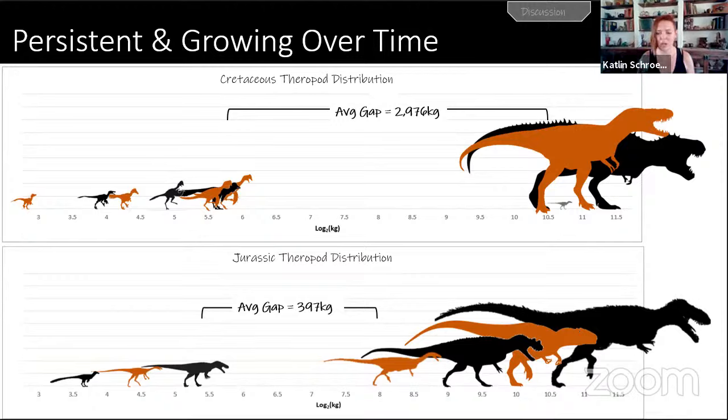The Jurassic body size gap is on the order of 400 kilograms. In the Cretaceous, that balloons out to almost 3,000 kilograms of space that is not being filled by any kind of carnivore that we know of, right? Because at that point, crocodilians are predominantly aquatic. There's no mammals in the Cretaceous that are getting bigger than the size of a raccoon, give or take. There's really nothing to infill this body size niche. So what is it about the Cretaceous that it seems to be amplifying the gap?